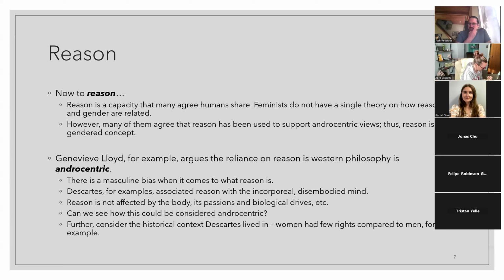So that's quite androcentric. Reason ought not to be affected by the body, by the passions or the emotions. And of course, women have traditionally been seen as more emotional and men more reasonable. But again, this goes back to Plato. Plato thought that